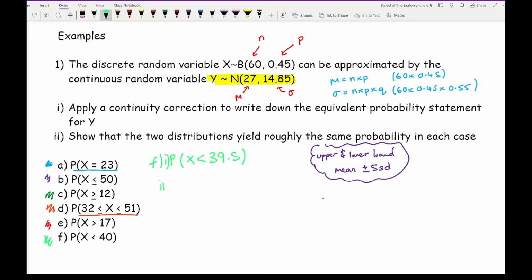And then for part 2, working out the binomial. So again, setting up the parameters. And what I wanted to work out is the probability that x is less than 40. So that's going to be the probability that x is less than or equal to 39, because obviously we're looking at discrete data. And then from this, what we should have is that this equals, and again using a calculator,